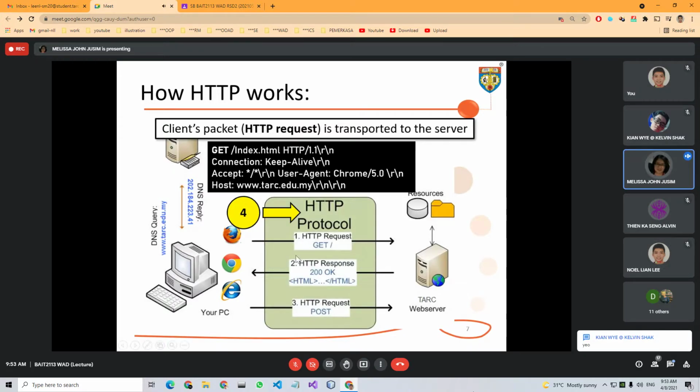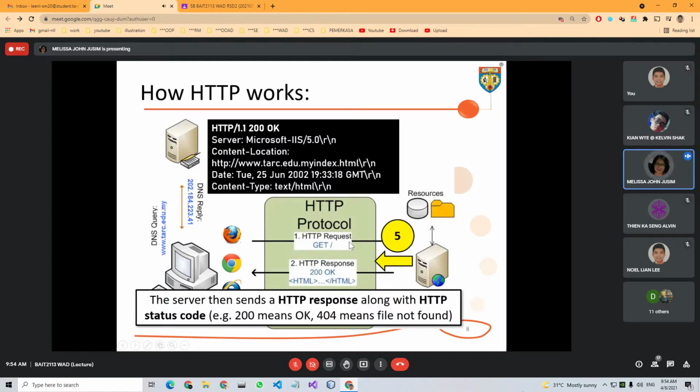So this is where we have the GET request, the GET command. The user agent here specifies that the client is using Google Chrome. The next step is where the server will send the HTTP response along with the status code.